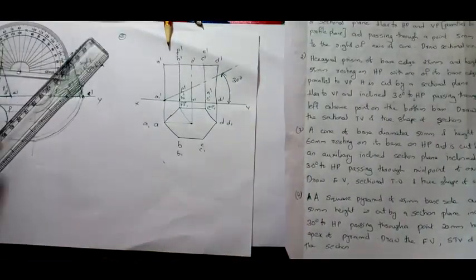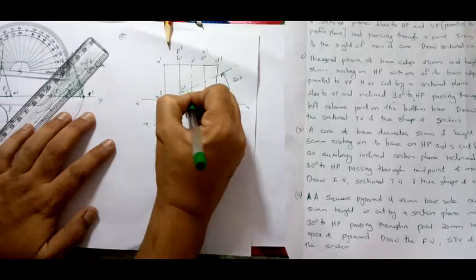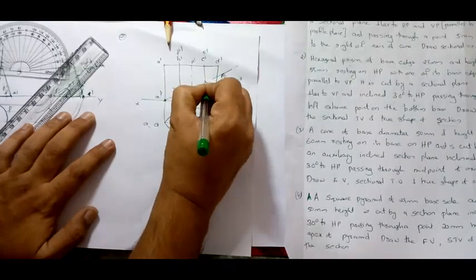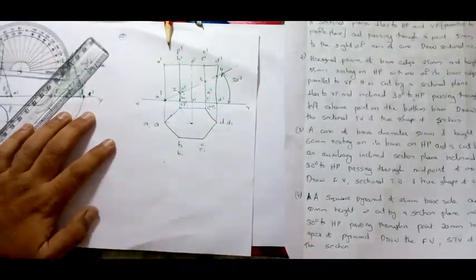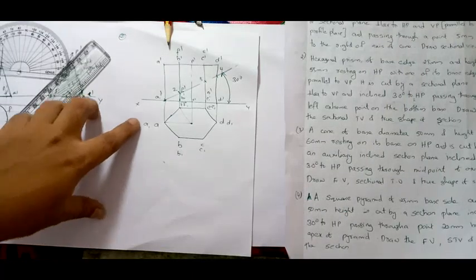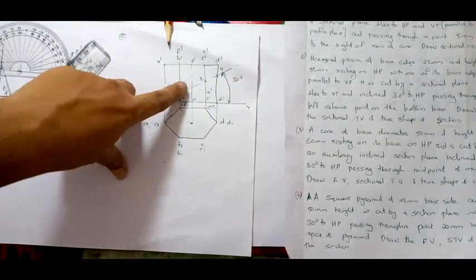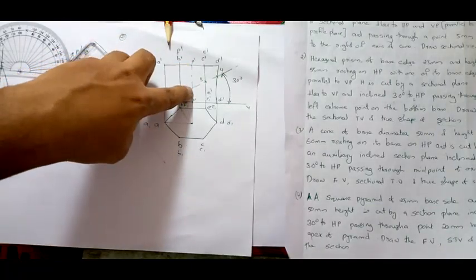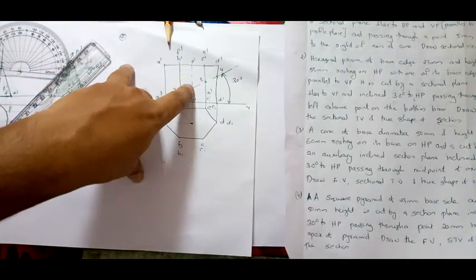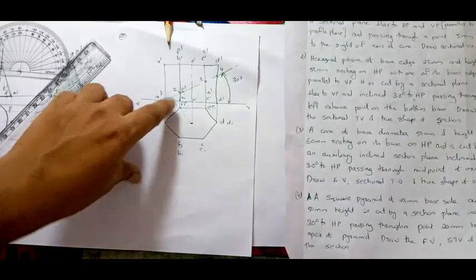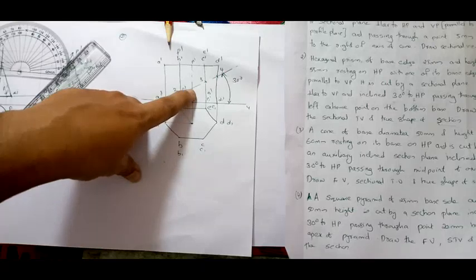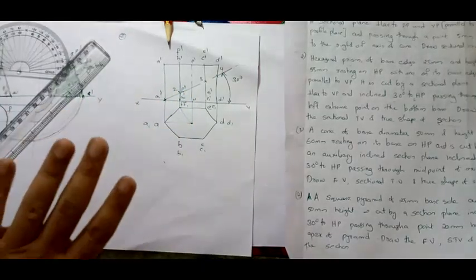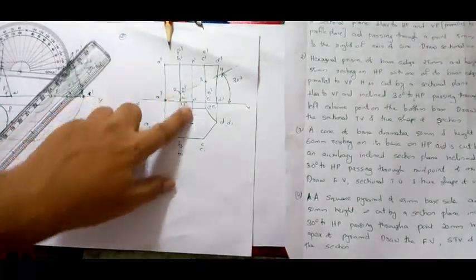Now you have to obtain the cut points. I am naming it: this will be 1, this will be 2, this will be 3, this will be 4. Now there are 4 points cutting. The axis is an imaginary line, so never take a cutting point on the axis. See, here there is a point cutting on the axis. Never take it, that makes you wrong. It's an imaginary line, so don't worry about it.